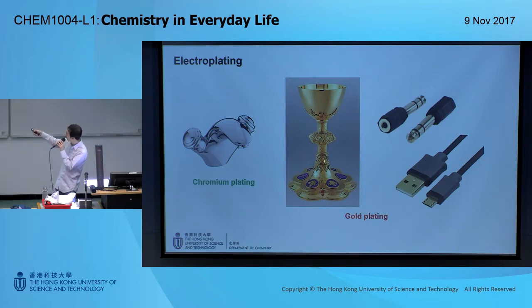For example, this is a church vessel used by the priest in the mass, and the chalice is made of a base metal, for example, silver or copper, or brass. So these are cheaper than pure gold. So of course the priest cannot afford a chalice of pure gold. That's too expensive. But you can have the appearance of gold by electroplating onto it a very thin layer,